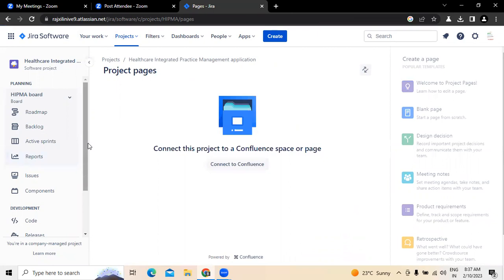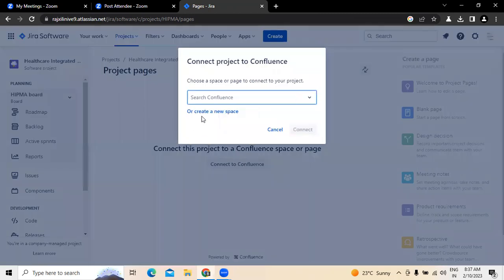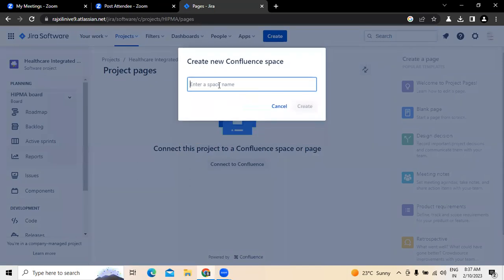Now, if you want to connect to Confluence, because we haven't connected Confluence yet with Jira, now we were connecting to the Confluence for the project, right? Now you have to create a space. You have to create a space as separate. That space is called integrated, right? Ours is healthcare integrated practice management,